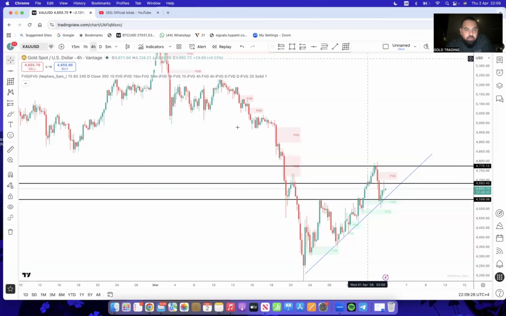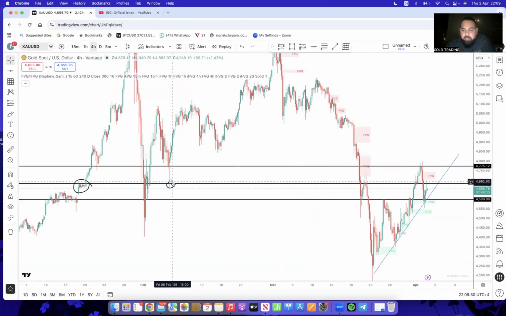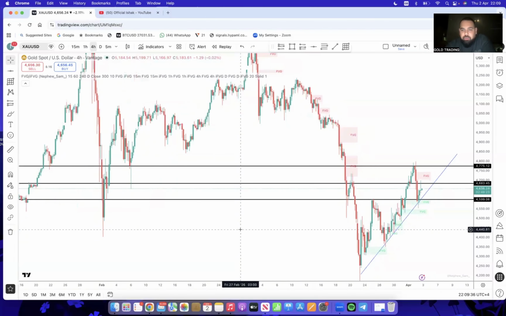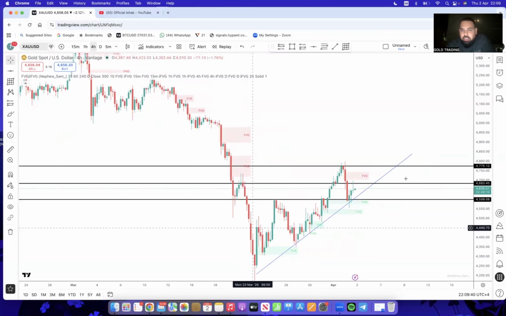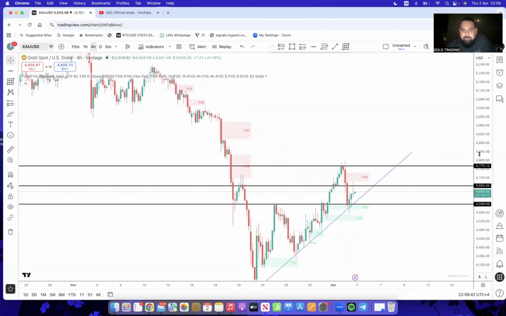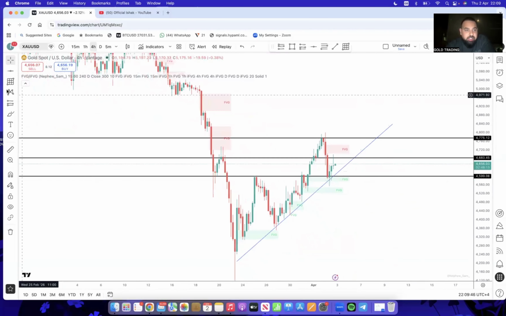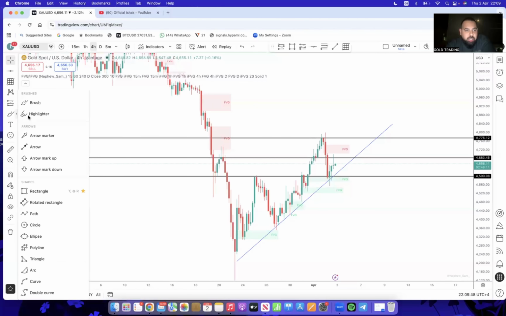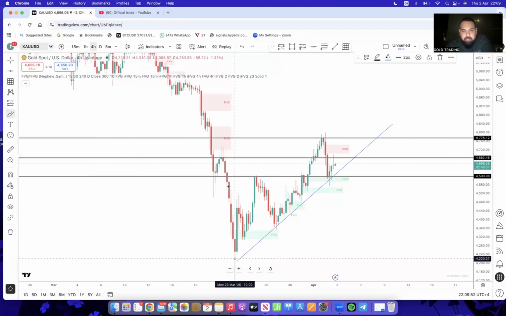Okay, so what you want to look for now is the direction. So we want to make sure we're in the right direction of this trade. Now, all I'm going to do is go like this. So zoom in this area. Even, and I'm still on the 4 hour, by the way, guys. And I want you to tell me, looking at this from here